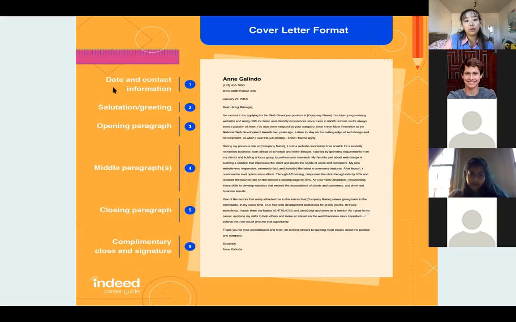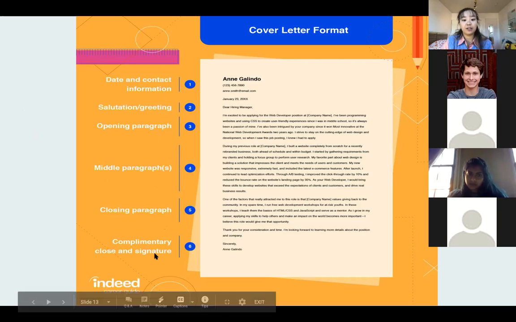The first would be your date and contact information, your salutation, opening paragraph. I didn't read too closely, but this one probably isn't tailored to biological sciences or STEM in general, but this is exactly what a STEM cover letter should look like as well. So your name, heading, your middle paragraphs, your closing paragraphs, and your complimentary close and signature.